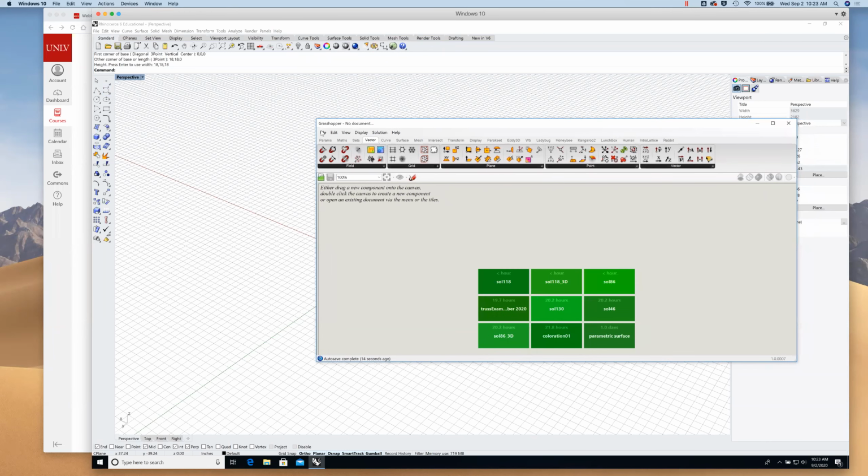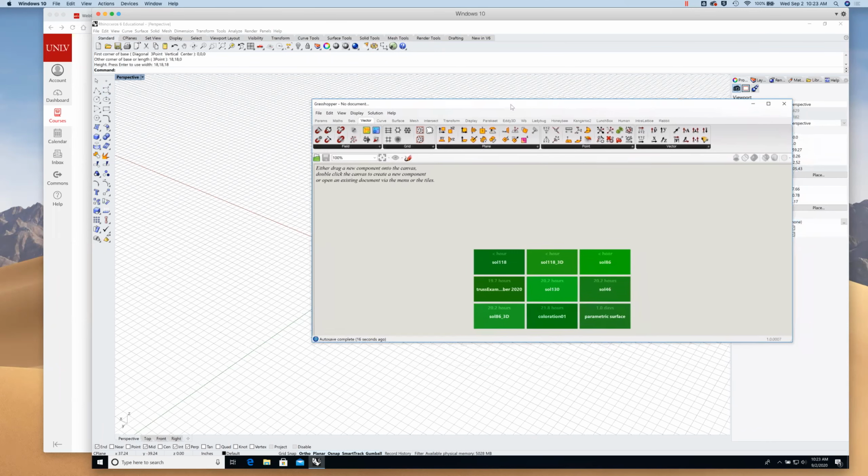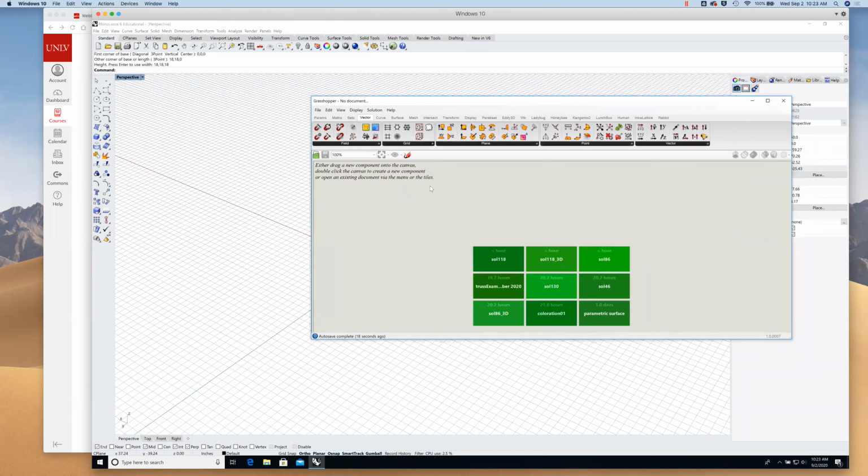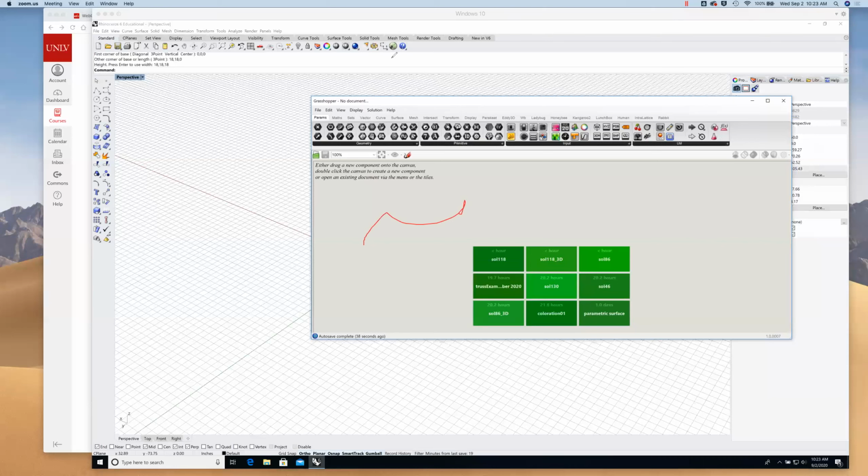So let's see. I'm going to do a few quick things here. I'm going to get my annotate tools. I'm just going to draw something on the screen for you guys really quickly. We'll talk about where we're going here. And let's see, there we go. There's my annotate tools. Yay. All right, great. Undo. All right, so